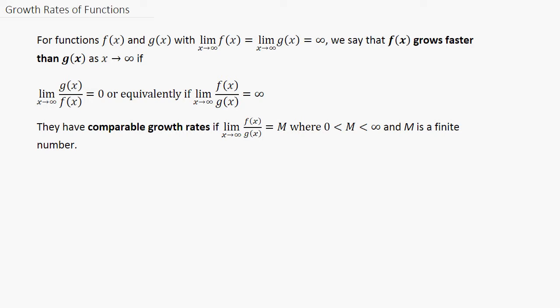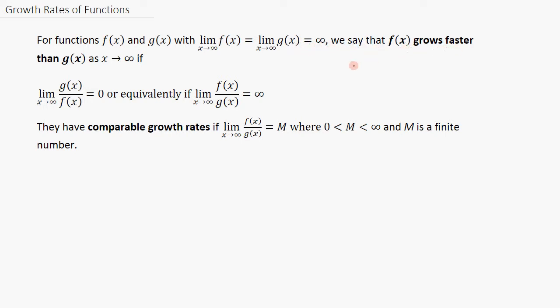So generally, we say that a function f of x grows faster than g of x if for large values of x we have that the function f is greater than g. Formally, the way we define it is that for functions f of x and g of x, which each of them go to infinity,